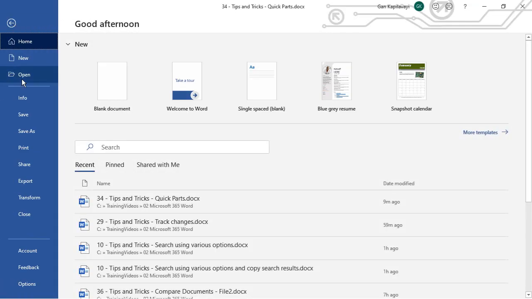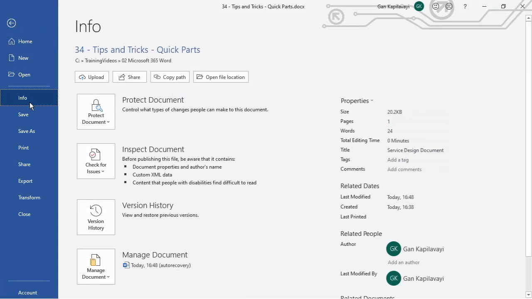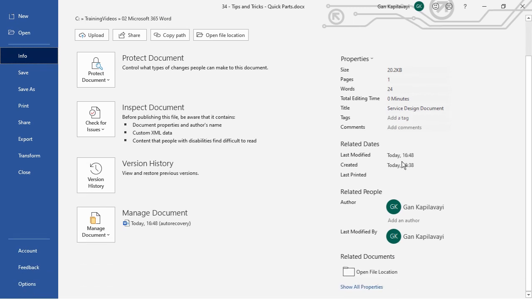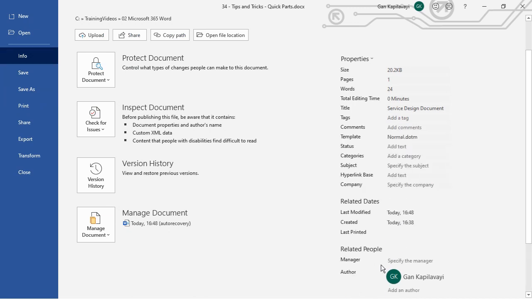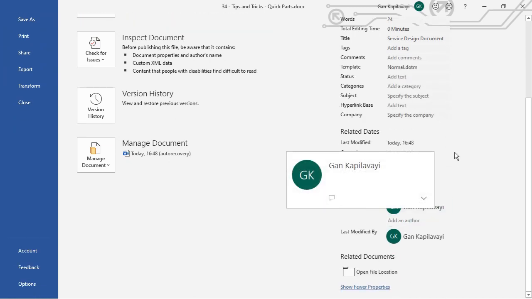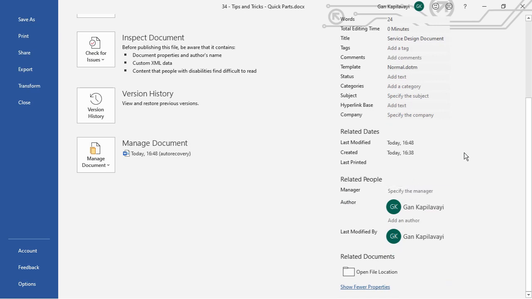So click on File, then click on the Info tab. Now you can see some of the available properties here. If you want to see all the properties, click on Show All Properties. Then choose the property that you want to change, in this case, Company.